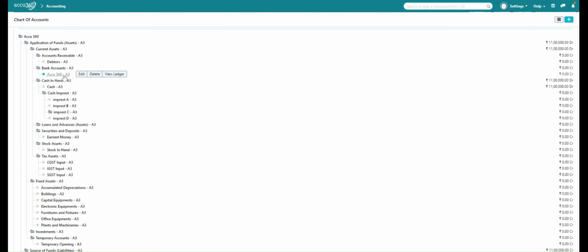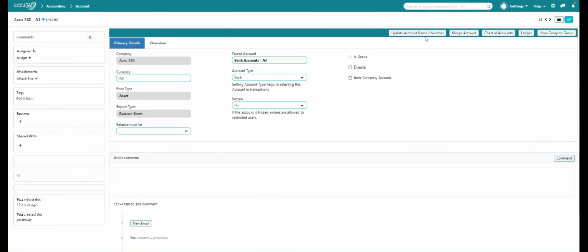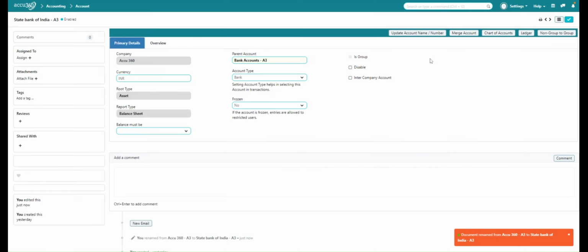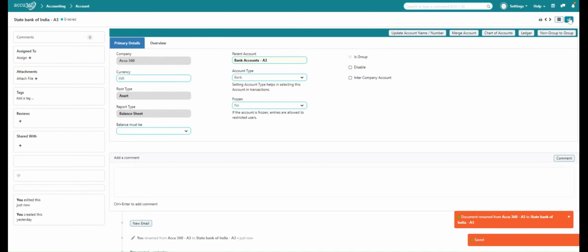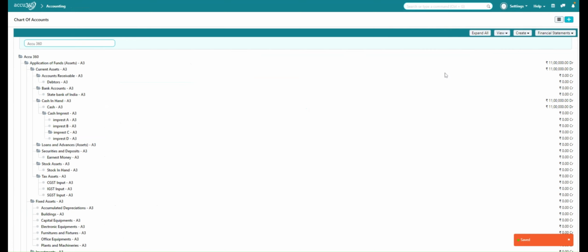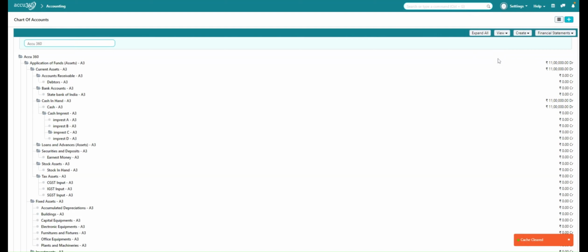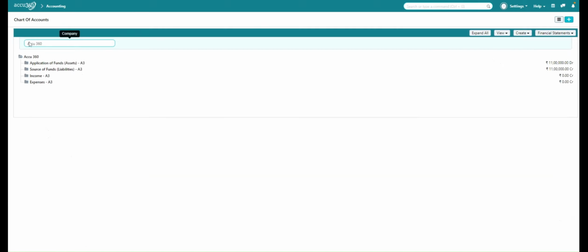of the creation of the company. Now we will just change the name of this ledger only. So let's click on edit and then update name and account number, and here we will write State Bank of India. Then click on update, then click on this right tick to save, and then we have to go to the chart of accounts, and as we modified we should reload this. Now let's go back to home